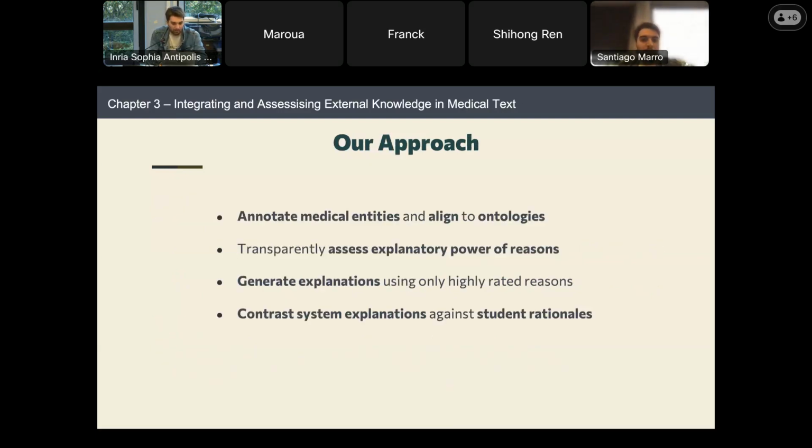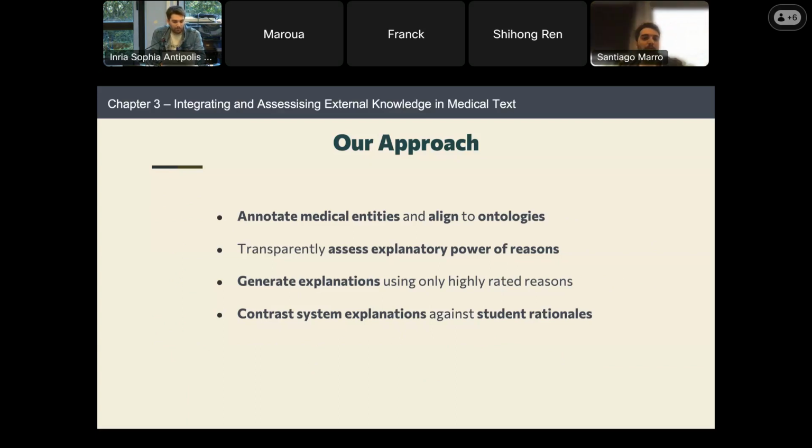So the approach that we take in this section is first to be able to understand the information that we can get in the medical domain. So we define this as the medical entities. There are different entities that you can introduce in your medical text, such as, for example, symptoms, study results, age of the patient, location of the pain if it has pain in the arm, and so on. And then to be able to align it to different medical ontologies. This is important because if we want to introduce the external knowledge, we need to be able to align the information that we find in raw text to the information that we have in the ontologies.